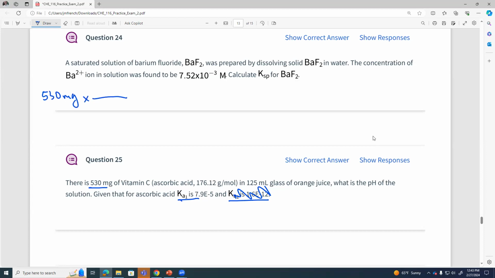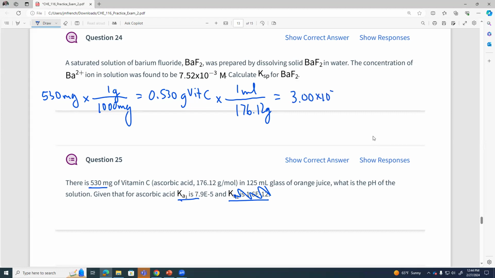We know that there's 1,000 milligrams in 1 gram, so I've got 0.53 grams of vitamin C. The molar mass is 176.12 grams per 1 mole. So now we can find moles of vitamin C. 0.53 divided by 176.12. I get about 3 times 10 to the minus 3 moles